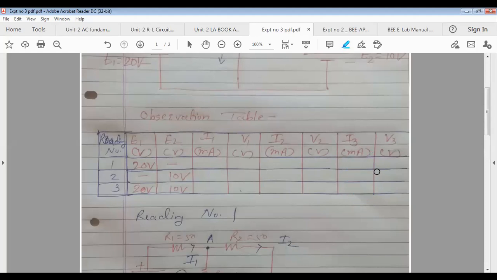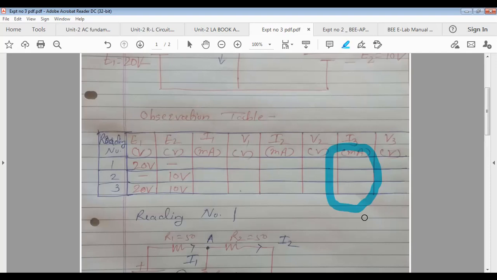So can you tell me how can I verify superposition theorem using these three values of I3? What equation we can write? I3, current flowing through the circuit when both the voltages are there, is equal to the sum of the individual currents due to individual voltages. Correct.